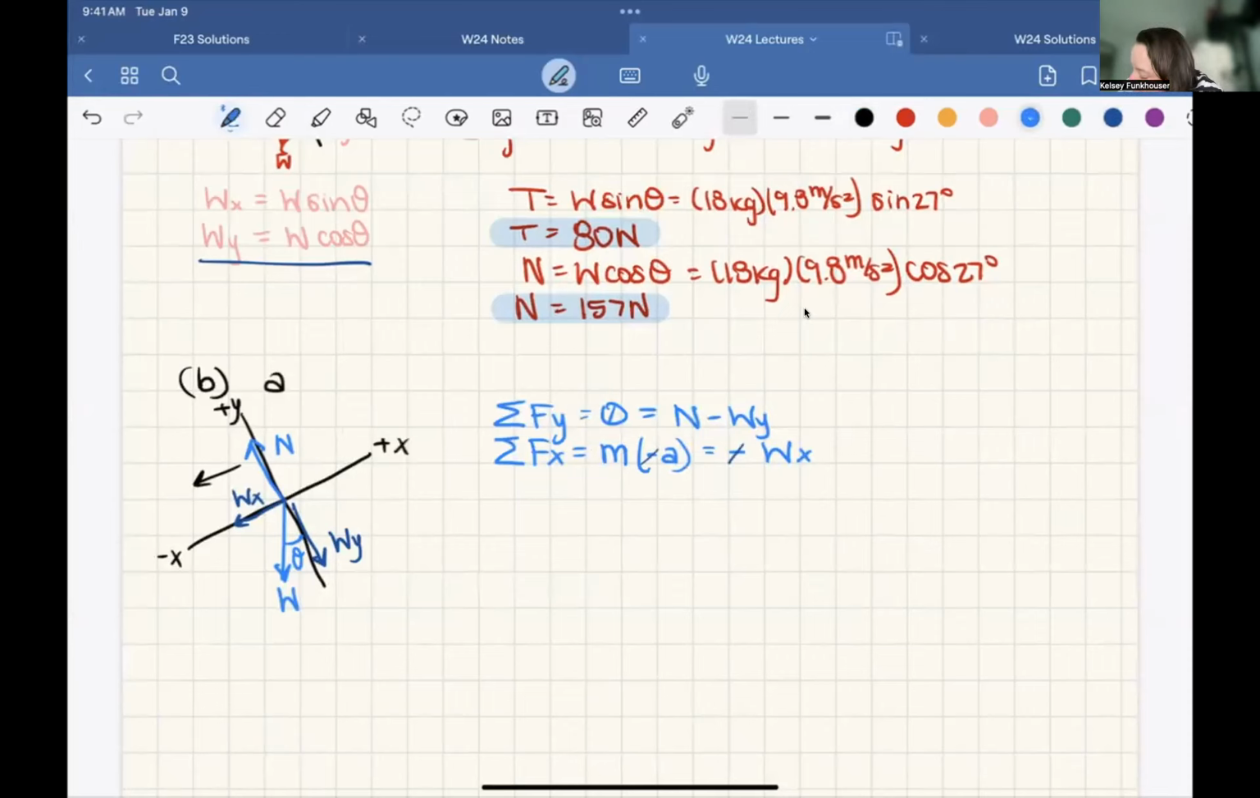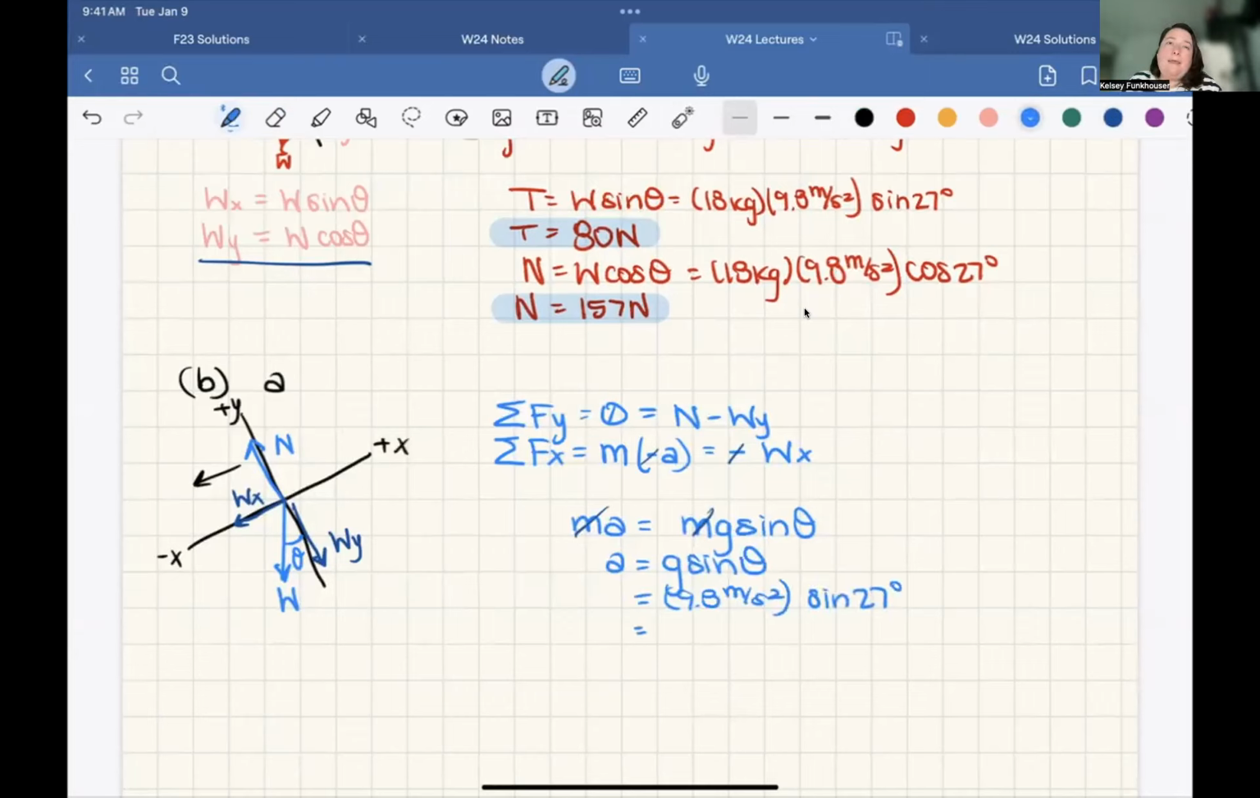So we have mass times acceleration equals mass times gravity times sine theta. So mass cancels out. That's cool, less calculating. And this tells us that our acceleration is just g sine theta. So 9.8 meters per second squared, sine of 27 degrees. And this is 4.45